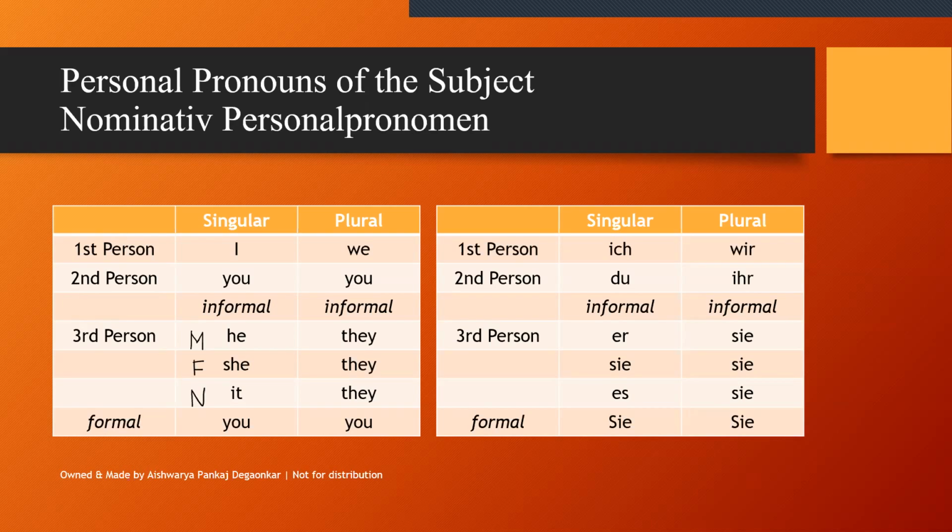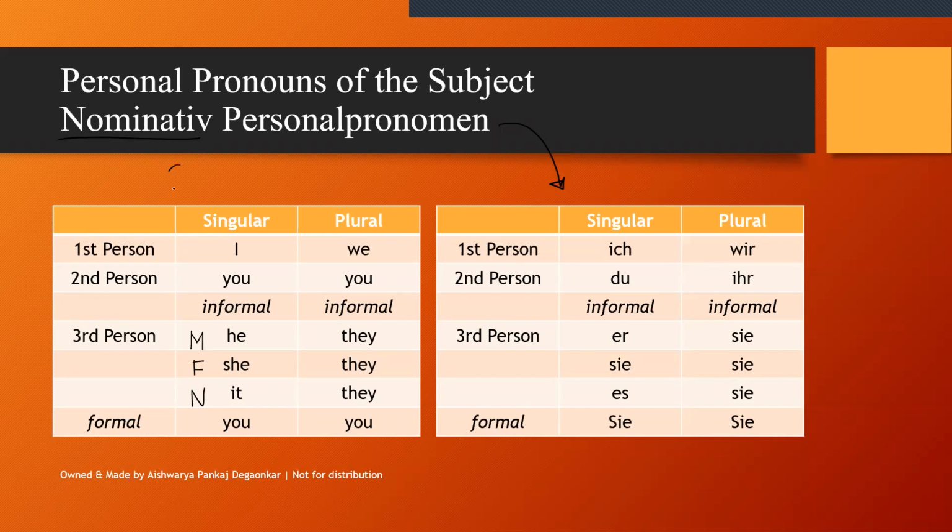If I'm talking about my school in Marathi or in Hindi, माझी शाळा, मेरी पाठशाला, I have to make sure that I'm addressing it correctly: Maji or Meri is telling us that the noun is feminine. This is something that does not happen in English, but it does happen in German. So we will be looking at these nominative personal pronouns, which is basically the same thing.